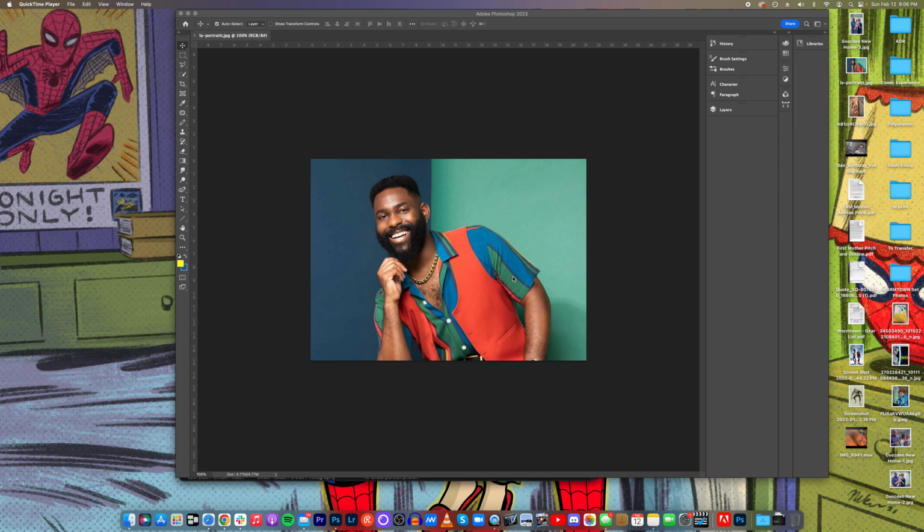So I have this practice photograph here that I thought would be fun because it has a bunch of different colors, and it might make for a good way to show off how to do 3D. So the first thing we need to do is just open up our photograph, and then we're going to go to our Layers tab,